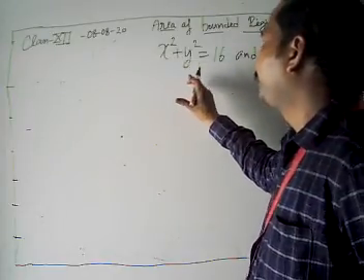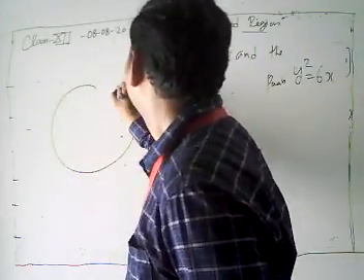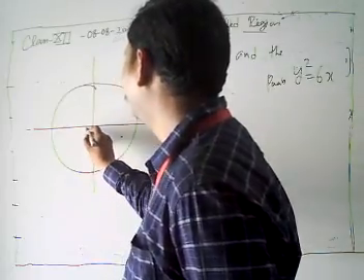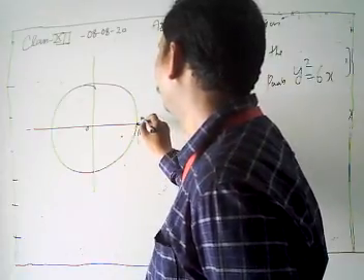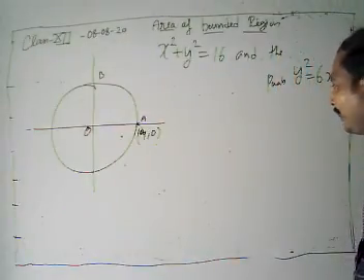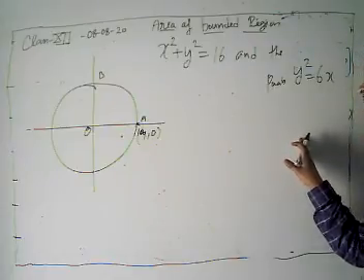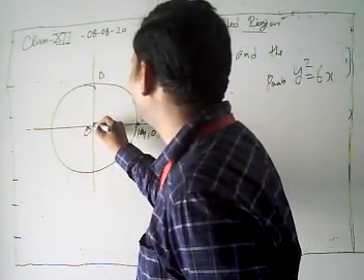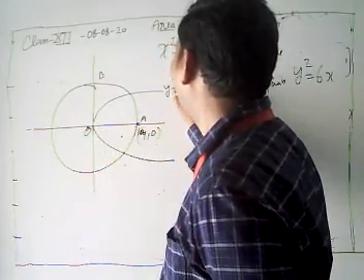Look, x square plus y square equal to a square is the equation of a circle, passes through the origin, having radius 4. Then this is our (4, 0). This is our O. And the parabola y square equal to 6x is an open rightward parabola, symmetric about the x axis, having vertex (0, 0). Then this is our parabola y square equal to 6x.